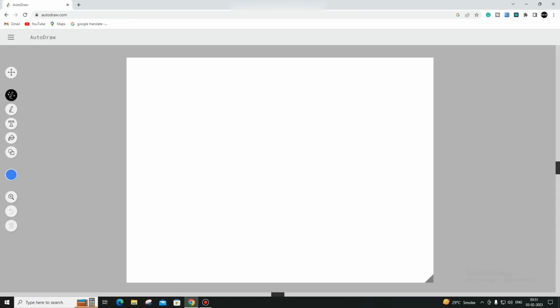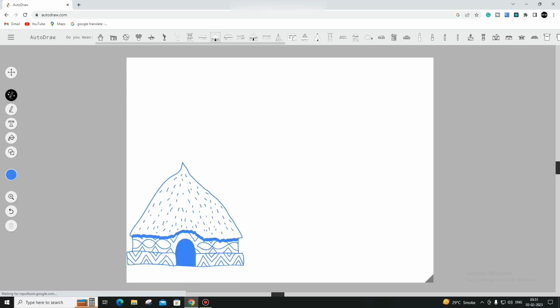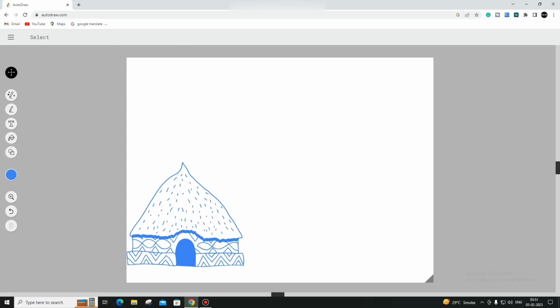So guys, it uses the AI. If you want to draw something, for example, right over here I will make a house. Let's see. You can see over here it comes suggestions on top. I will take this. If you want to move the image, you can select over here and you can move